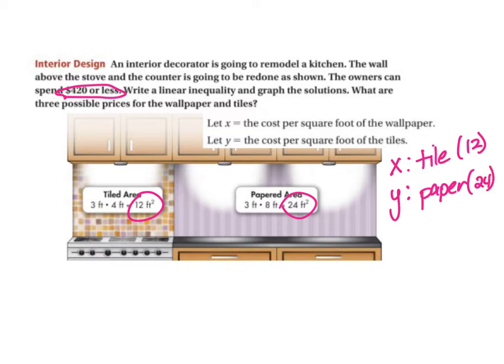So the way we will set this up is 12x plus 24y, and then we have 420 over here. So 420 is the max that they can spend. So they can spend 420 or less. So it'd have to be less than or equal to $420. So this equation, when we graph it,